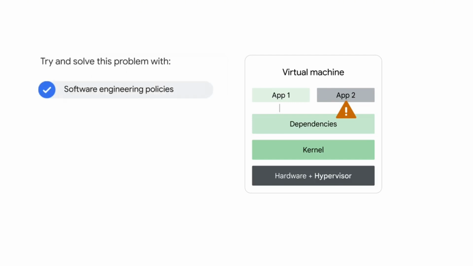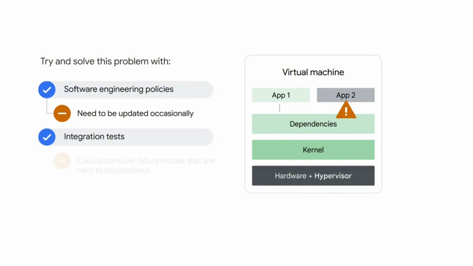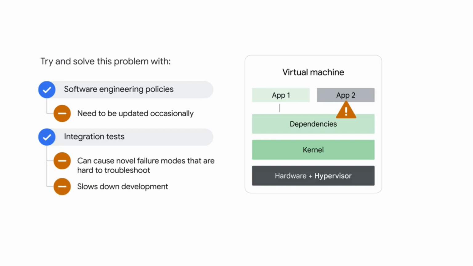You can try to solve this problem with rigorous software engineering policies. For example, you can lock down the dependencies so that no application is allowed to make changes. But this can lead to new problems because dependencies need to be upgraded occasionally. You can also add integration tests to ensure applications work as intended. However, dependency problems can cause novel failure modes that are hard to troubleshoot. Plus, it really slows down development if you have to rely on integration tests to confirm the basic integrity of